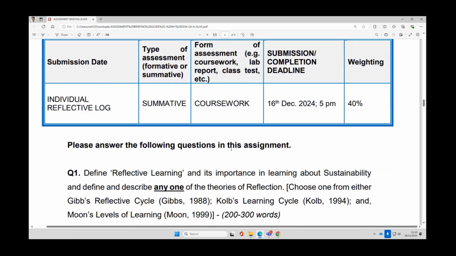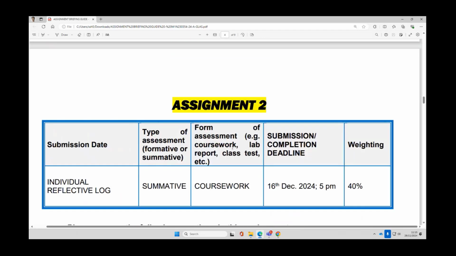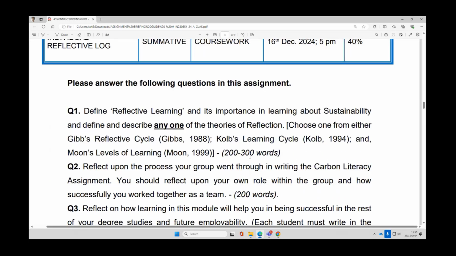Okay, so 40% for your coursework 1 as a team, 40% for your coursework 2, and 20% for your quizzes. So you got 20 questions in your quizzes, and whatever you score out of 20 is your score for that particular assignment. Okay, now